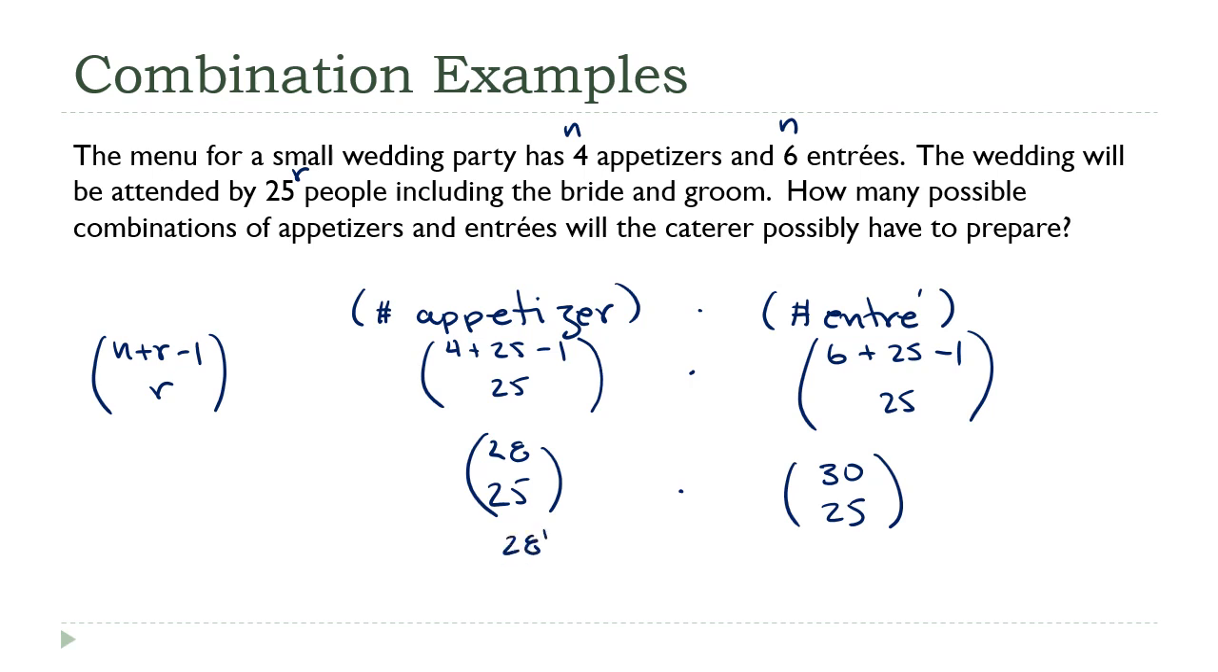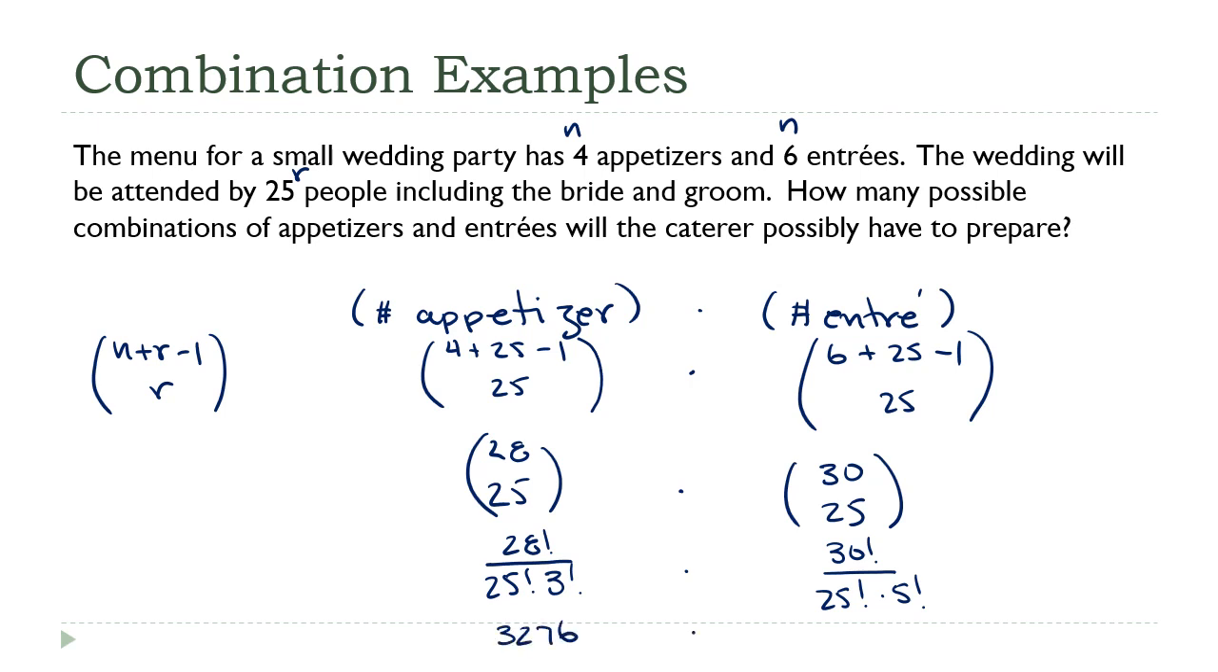This will be 28 factorial over 25 factorial times 28 minus 25. That's 3 factorial. Over here we'll have 30 factorial over 25 factorial times 30 minus 25. That's 5 factorial, so what do we get? The first one isn't too big. This is